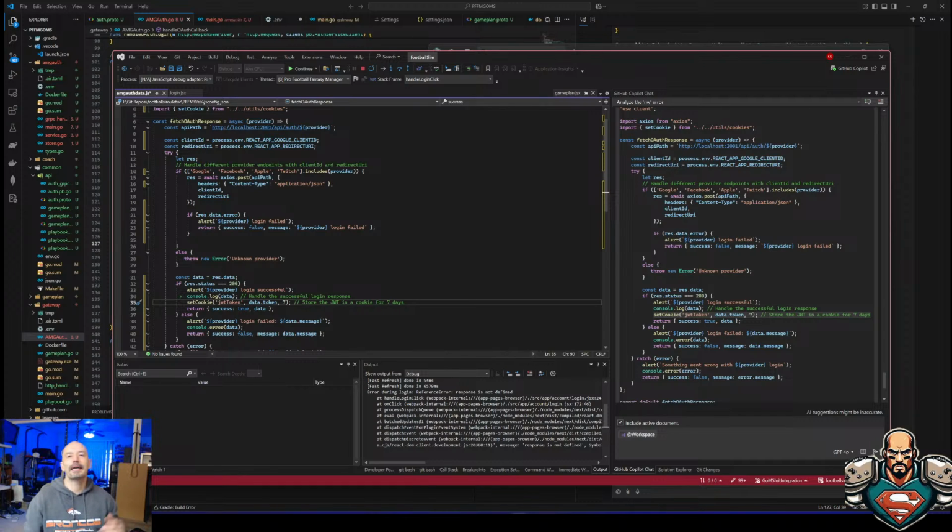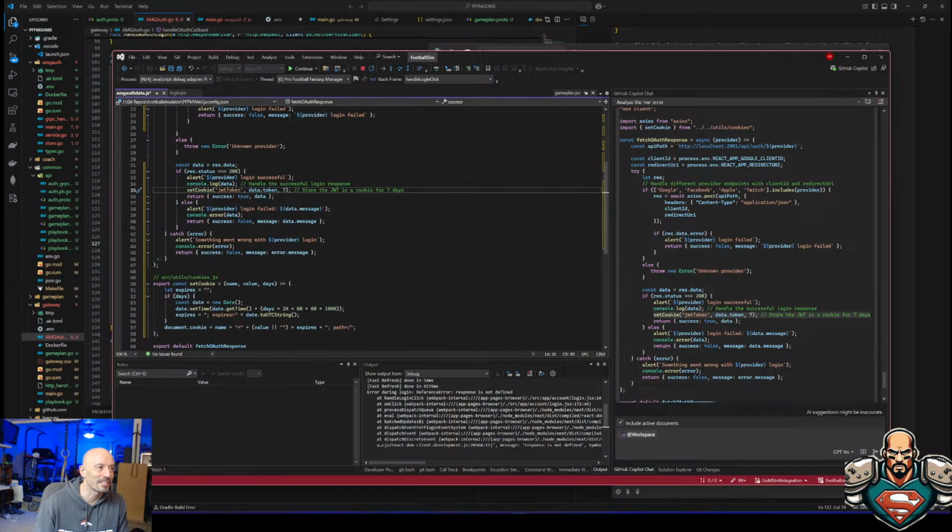What's a good amount of time for games to hold a login? I mean, 7 days is decent. I think that's all it can be anyway in my test environment is 7. So we'll go with 7 and we'll go from there. I could always change it if I feel like. I mean, it's not like that can't be changed.